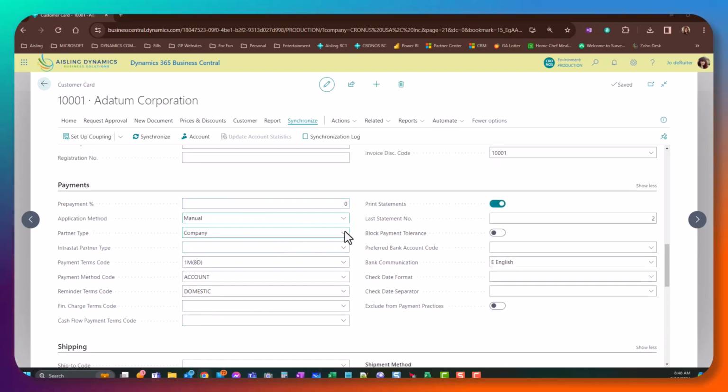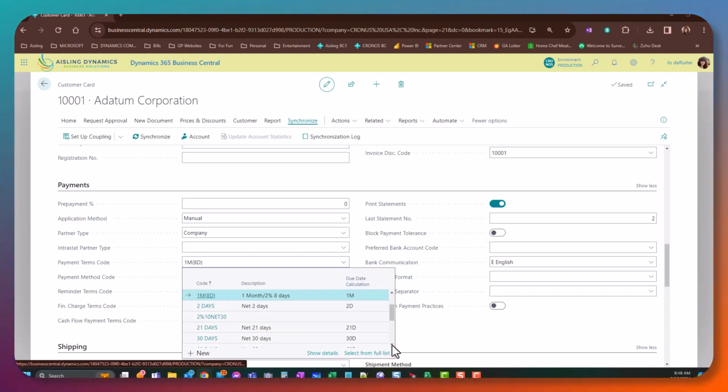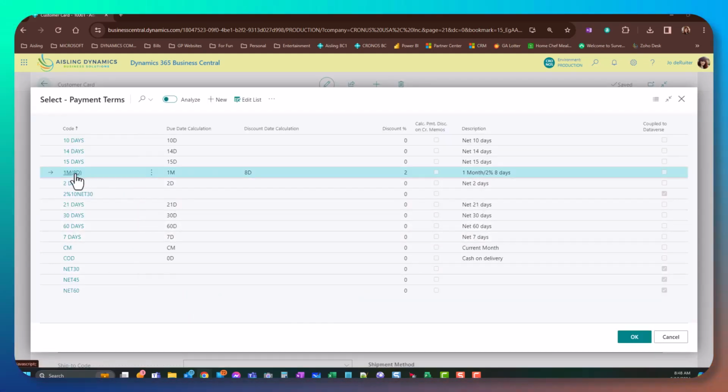Partner type, company or person. Intrastat partner type can be chosen here, company or person. Payment terms. Payment terms are really easy to set up in Business Central. This one, for instance, is 1 month with a discount at payment at 8 days. And it's really easy. 1M at the 8-day mark. Give them a 2% discount, and then you can give it a description out here. And you can import